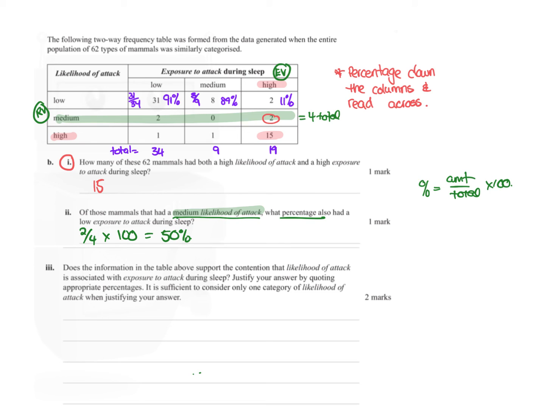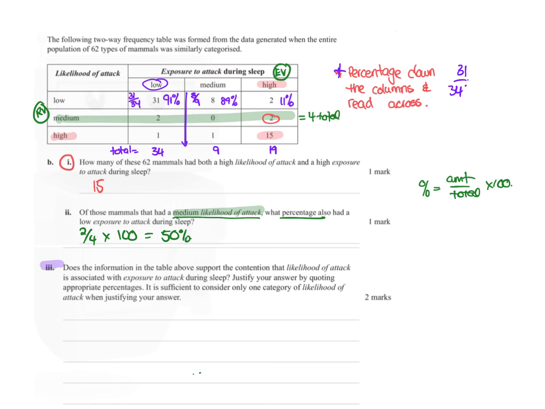Okay, so then to this final question, it says, does the information in the table support the contention that likelihood of attack is associated to exposure to attack during sleep? Justify quoting appropriate percentages. It's sufficient to consider just one category of likelihood of attack. So we want to make our numbers percentages, because we might not have equal totals. So what we're going to do is percentage down the columns, as I said over here. For the low exposure, there's a total of 34. So if I look at this one, 31 over 34 times 100 gives